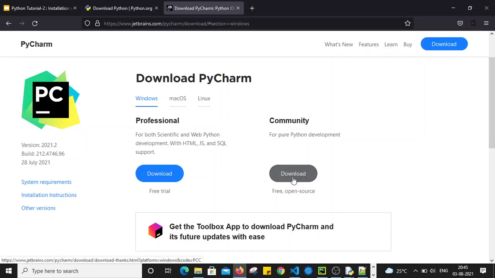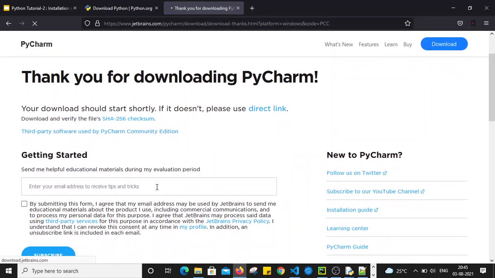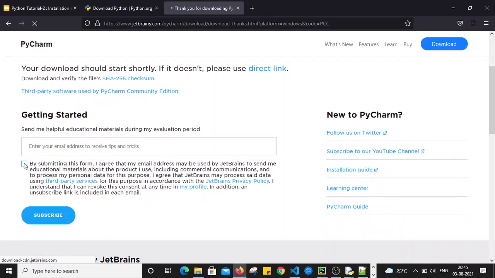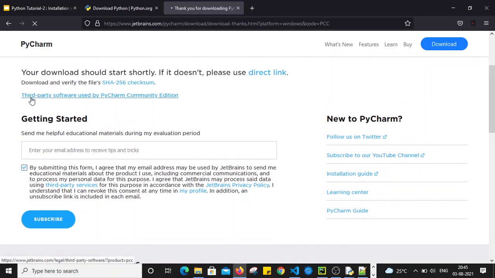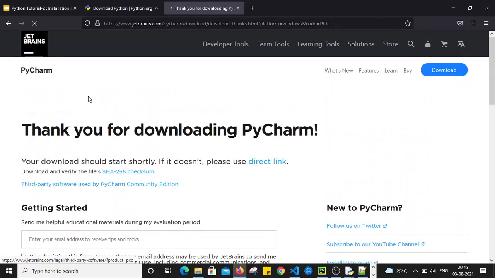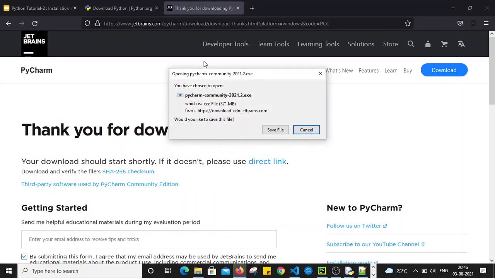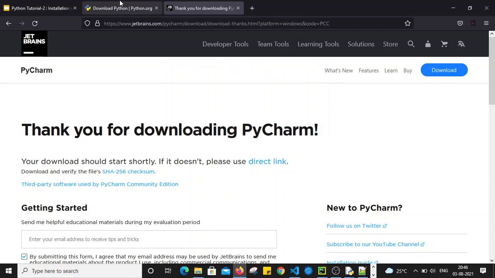Once you click on the download button, it will show you the exe download option. You can save the exe file, double click, and install it, right?